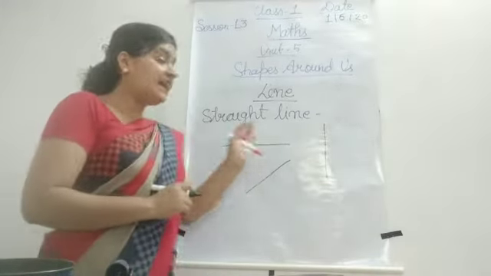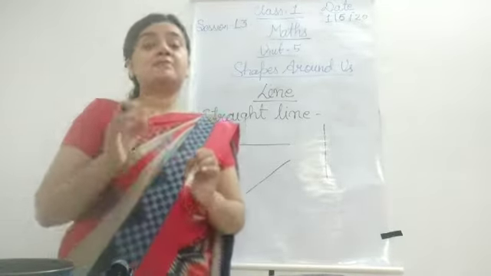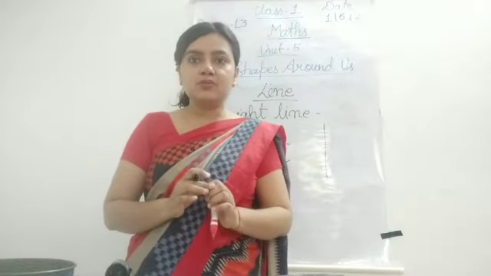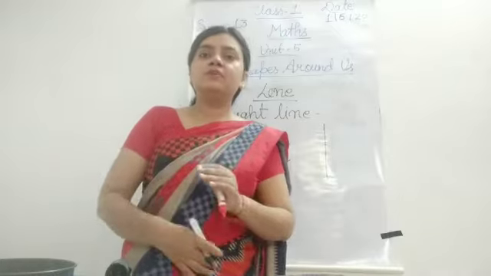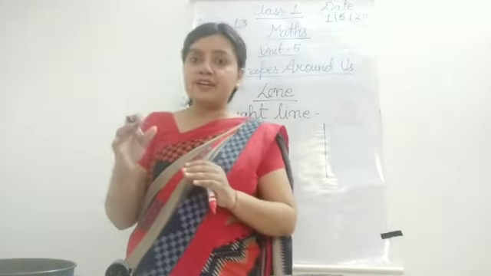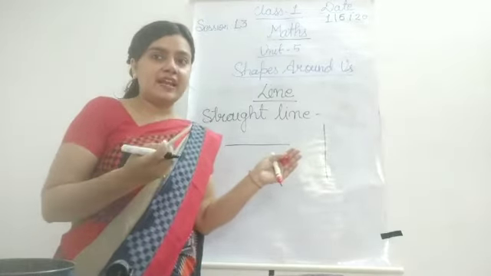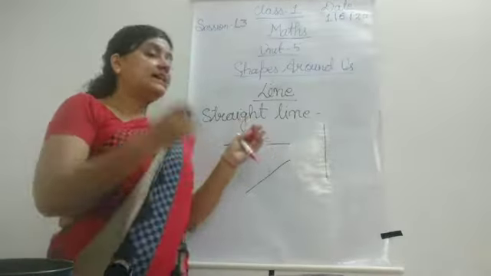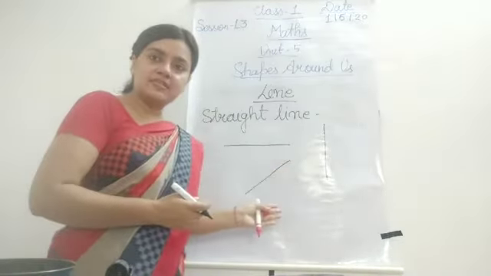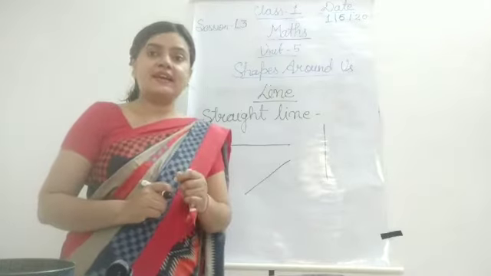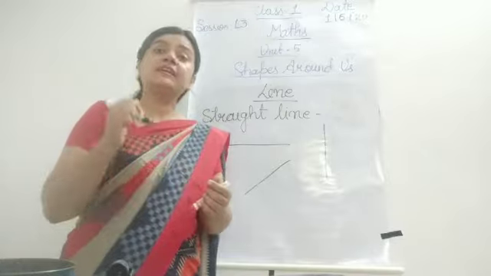But their names are different. As in your class, many boys are there, no? All are boys, no? But some differences are there among you, so you have your different names, no? They are also lines, but they have some different character like you. So their different names are there. This is different, and this is different. Means straight line we can draw in 3 ways.